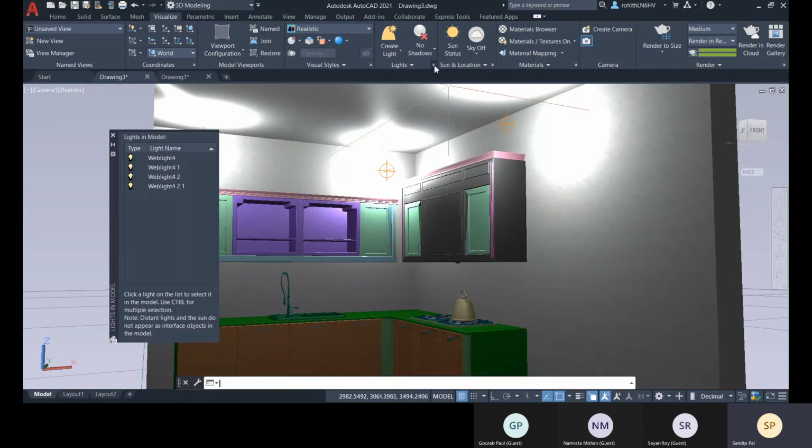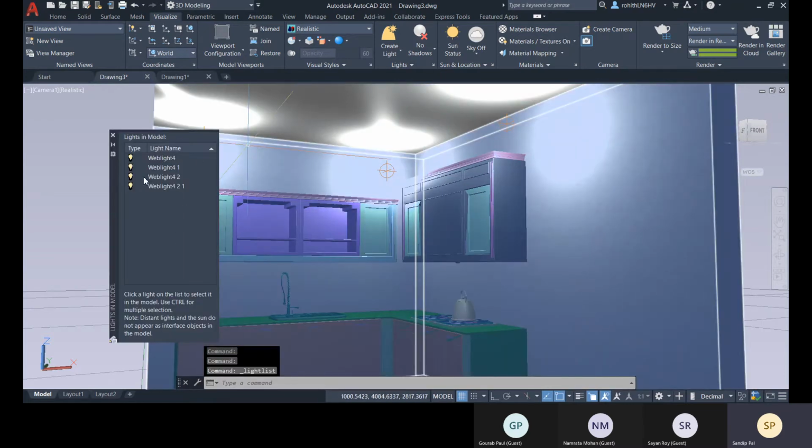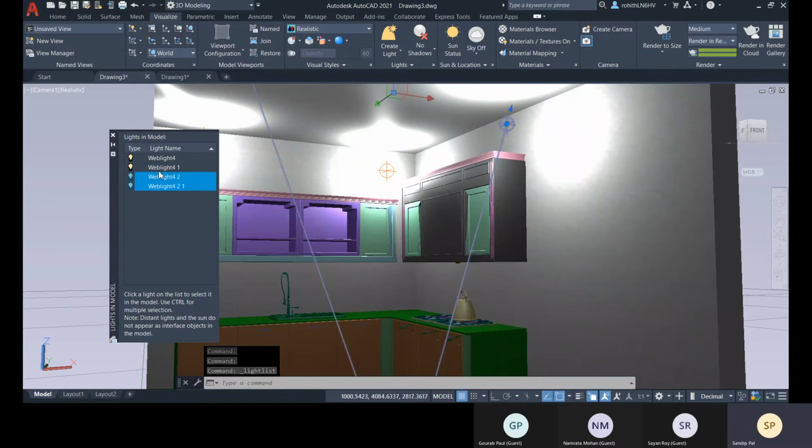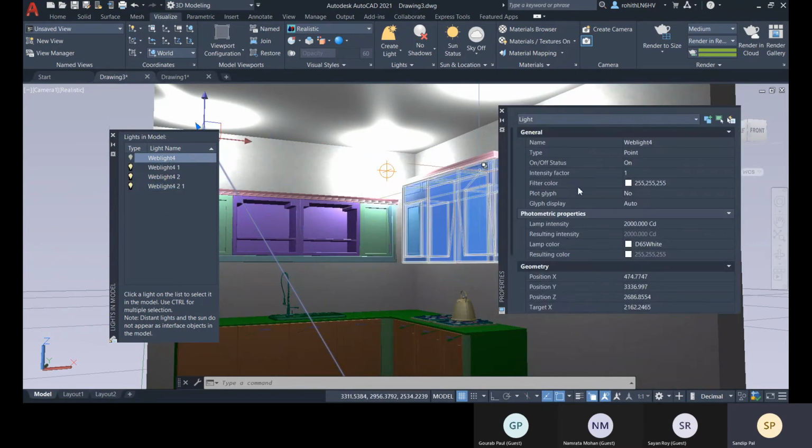Let me go with this light and all those. Let me select all these web lights and go for Control 1, or else by double clicking there you can change it.